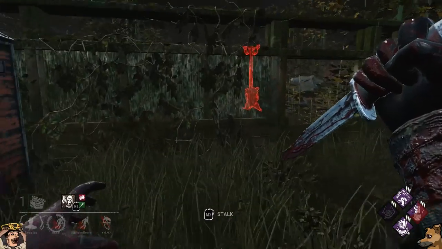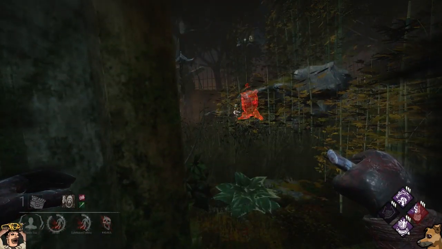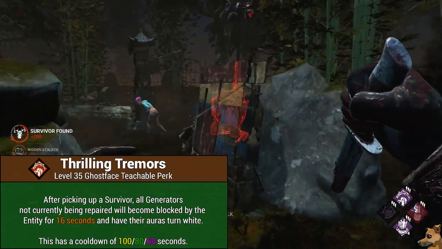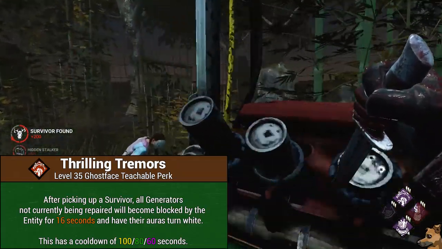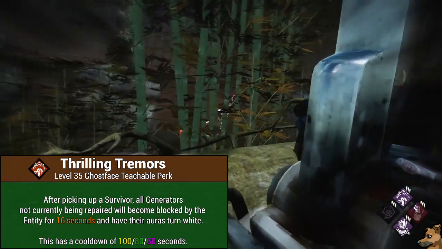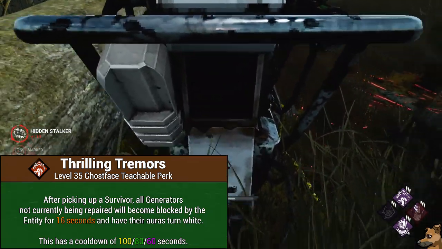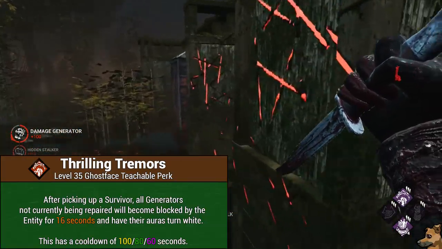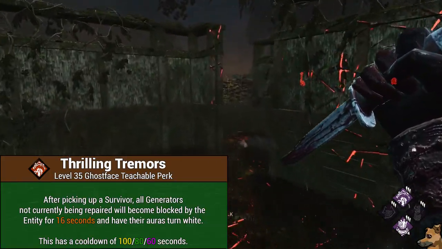At level 35, you'll unlock probably his best perk, Thrilling Tremors. Thrilling Tremors will make it so that when you pick up a survivor, all generators not currently being worked on by a survivor will become blocked by the Entity for 16 seconds and have their aura turn from red to white. This effect has a cooldown of